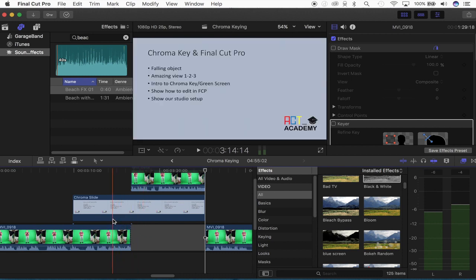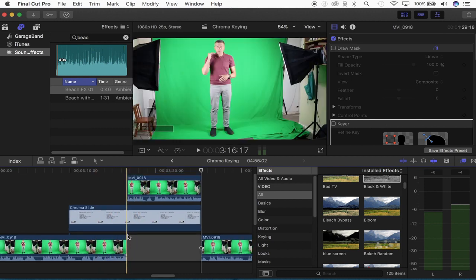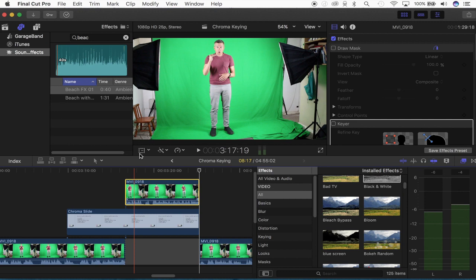Shift and backspace blanks it out. So we want to keep that gap so it keeps our timing right, and now we've moved me to the top. So now we can change the sizes and all of that. So if we go over here,